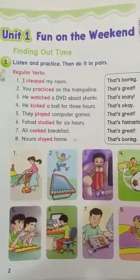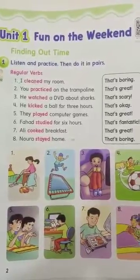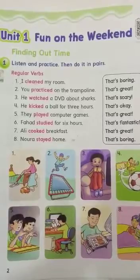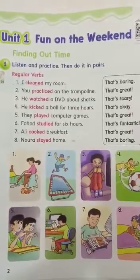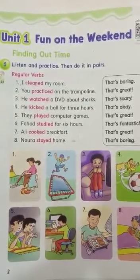That's great. 6. Fahad studied for 6 hours. That's fantastic. 7. Ali cooked breakfast. That's great. 8. Nora stayed home. That's boring. My dear students, after finishing the video, I'll send you a worksheet to explain how to put the